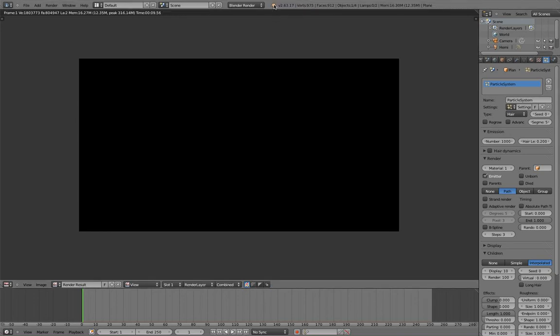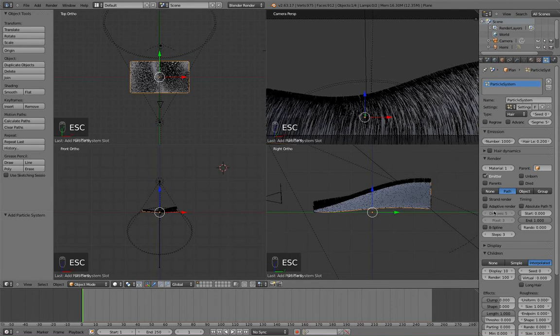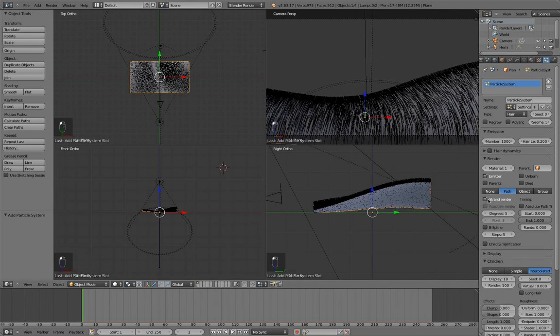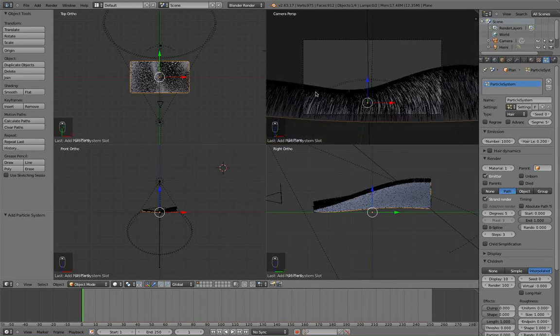So what we want to do to avoid that is cancel that render there, and I'm going to go here and check strand render. Basically what that does is it only sends to the rendering cache strands that are actually in the plane of view. So it clips out all of these and all of this and just renders what we see. So if I go ahead and render that again,